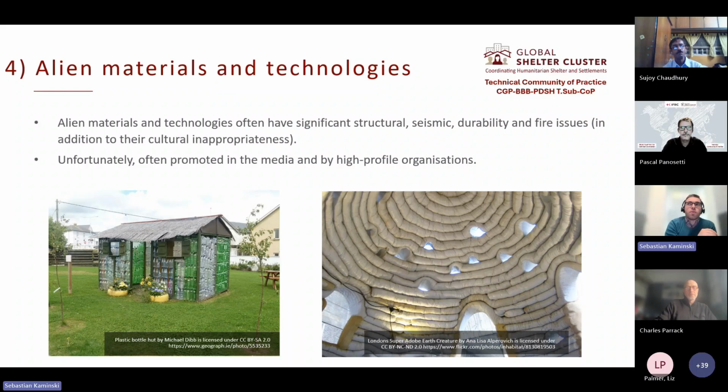The reason I say this is because we need to be aware that, unfortunately, with the best of intentions, we do see quite a lot of misinformation. That's not to say that Super Adobe can't be made seismically resistant. I'm not saying that, but with that particular version, I did have a lot of concerns. The point being, don't always necessarily trust what's on the internet. Always review independently, and make sure you're speaking to a specialist in that particular field, if it's durability, if it's fire, if it's seismic, or anything else.